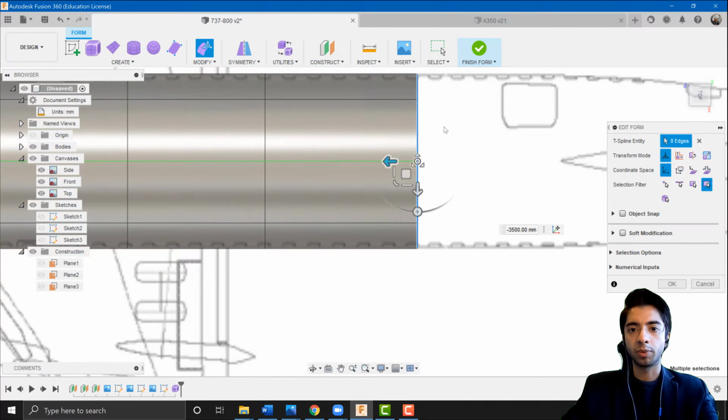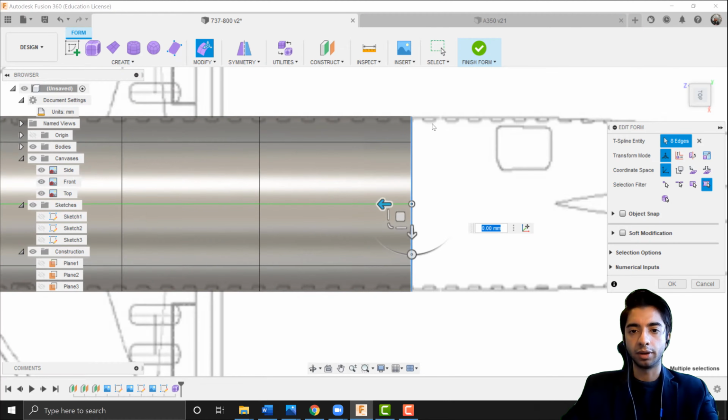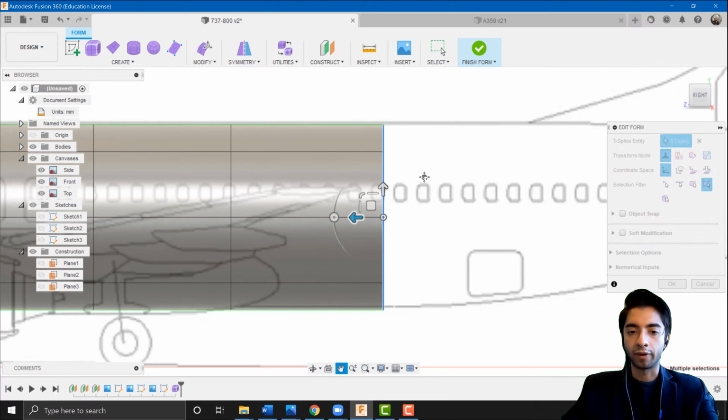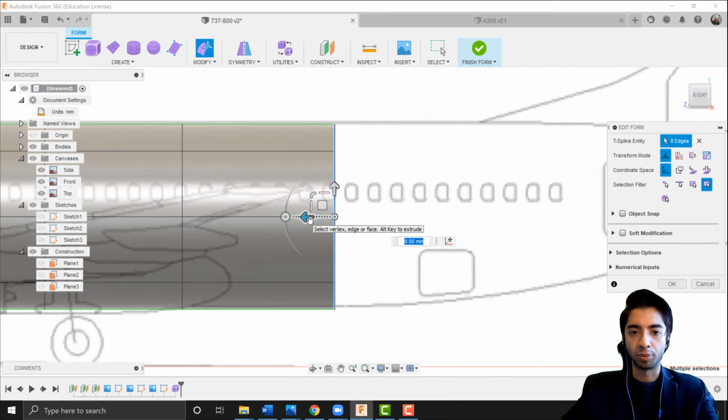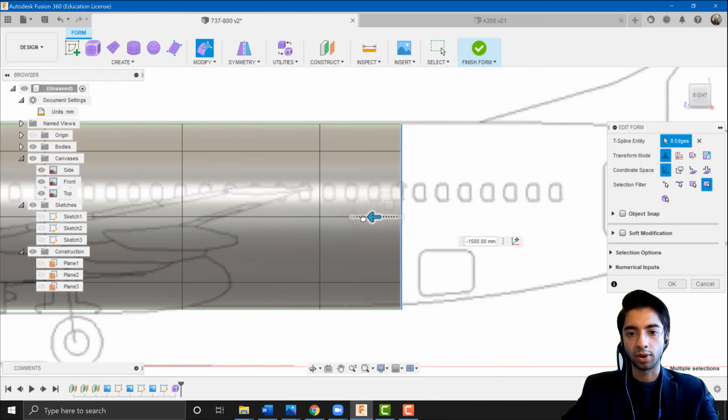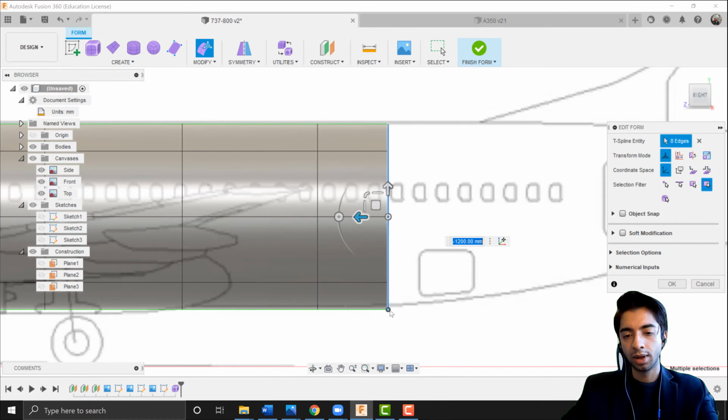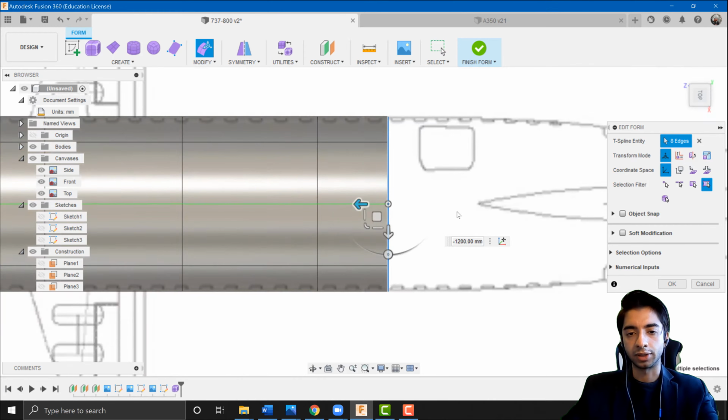And if we go on the top, we want to make sure that if there are any adjustments that need to be made, they're made right after the extrusion has been made. So this will get more obvious once we start doing more. Okay, so I'm going to press Alt again and extrude again. I'm going to extrude it till about here, because if we look on the bottom side, this is the point where the curvature starts. So I'm going to end it over here, and again on the top side, making sure that it still fits,